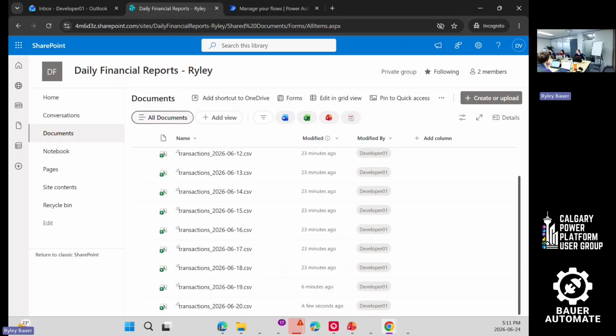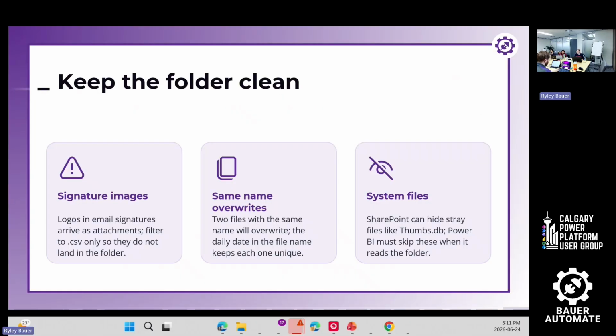Are you able to log in? Yeah, sorry, I'm just connecting. No problem. All right, so